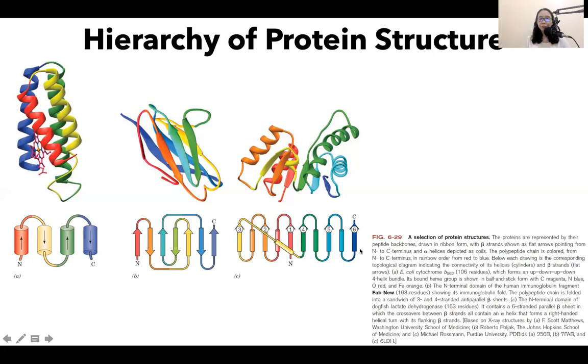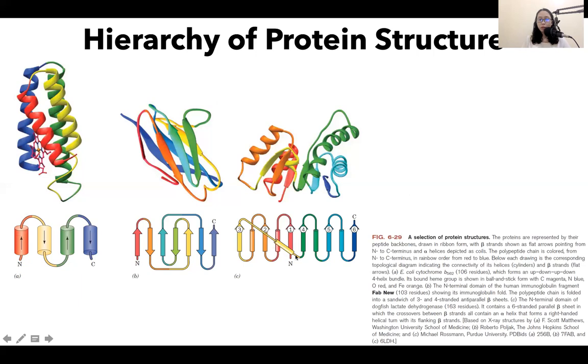Now, here in another structure, this is a part of lactate dehydrogenase from dogfish. It is composed of 163 residues. Now, for the three-dimensional model, you can easily see that we have a combination of alpha helices and beta strands. Now, for us to clearly see this, we can look at the two-dimensional representation. So we have the N-terminal here